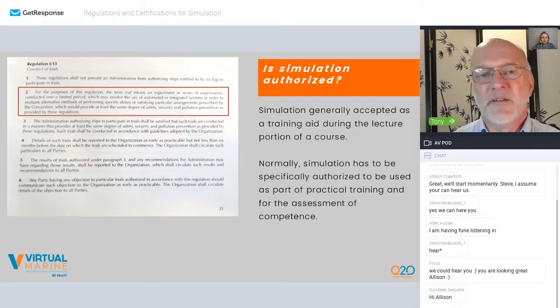And then at the next rewrite of the convention, there would be an addition to the competence table to make that clear. Now, sometimes you can do that in advance if that particular topic item is open, like the Polar Code, for instance. But for some things that are more routine, you wait until the rewrite.